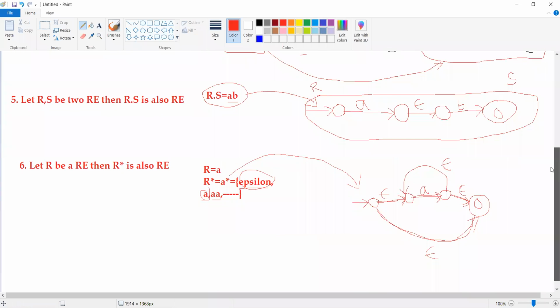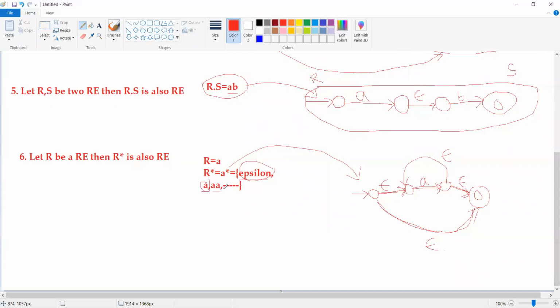Then for the concatenation operation, from the first automata's final state, you need to make it a non-final state. From that non-final state to the second finite automata's initial state, we specify the epsilon transition. If you do that, it results in the concatenation operation. Then when you go for the Kleene closure operation, first you need to remember that epsilon has to be accepted.